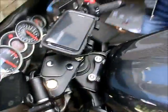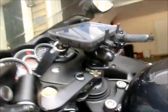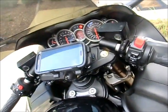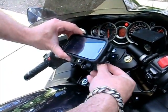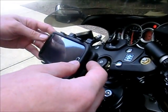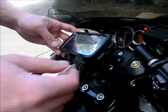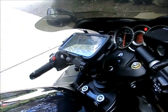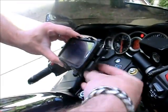Nice, low profile. It may look like it's sitting up high on the video, but it's not. It is really low profile. And if I want, I can put it down even lower. I can tilt it. I can bring it all the way back. Okay. Now, I went on a ride with this, with my navigation, just to see how it was, and I really enjoyed it. But here's something that I thought was really slick, and that is that I can tilt it,